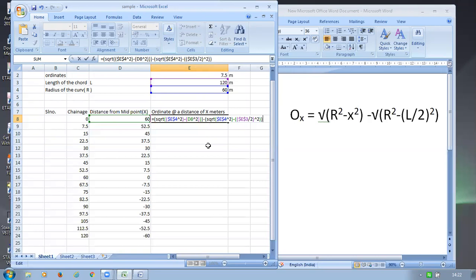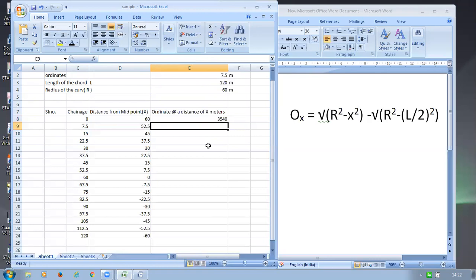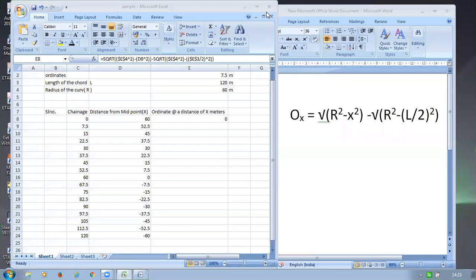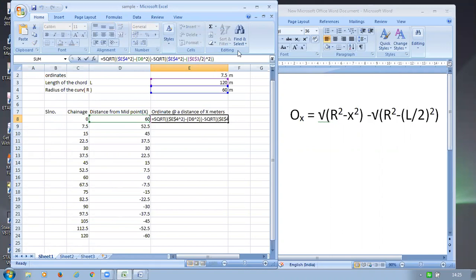Just enter. So check the formula once. If I click on this, you will get the formula: square root of r square minus x square, minus square root of r square minus l by 2 whole square. Check that the brackets you have put here are okay.